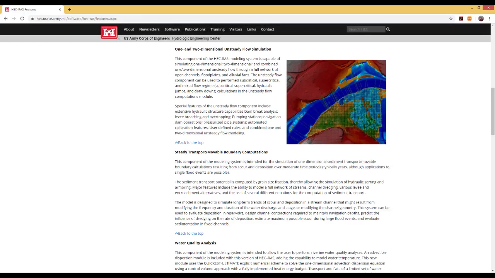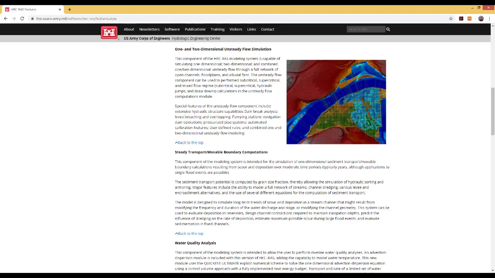HEC-RAS. And this tutorial will require you to import a terrain model, develop a 2D mesh using various grid cell size, compute hydraulic property for the grid cells, and view hydraulic table result. This tutorial also takes you through the process of creating a grid from channel data and merging the data with